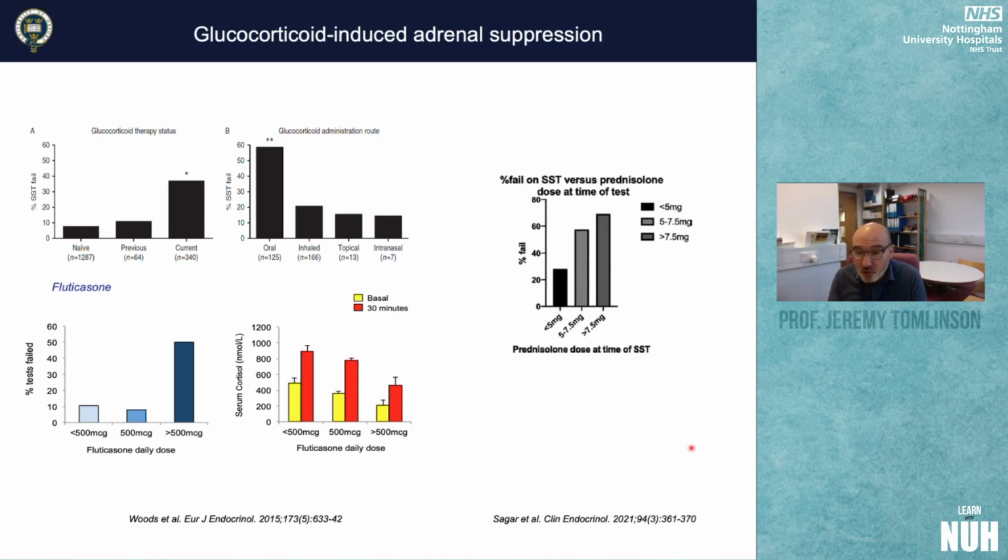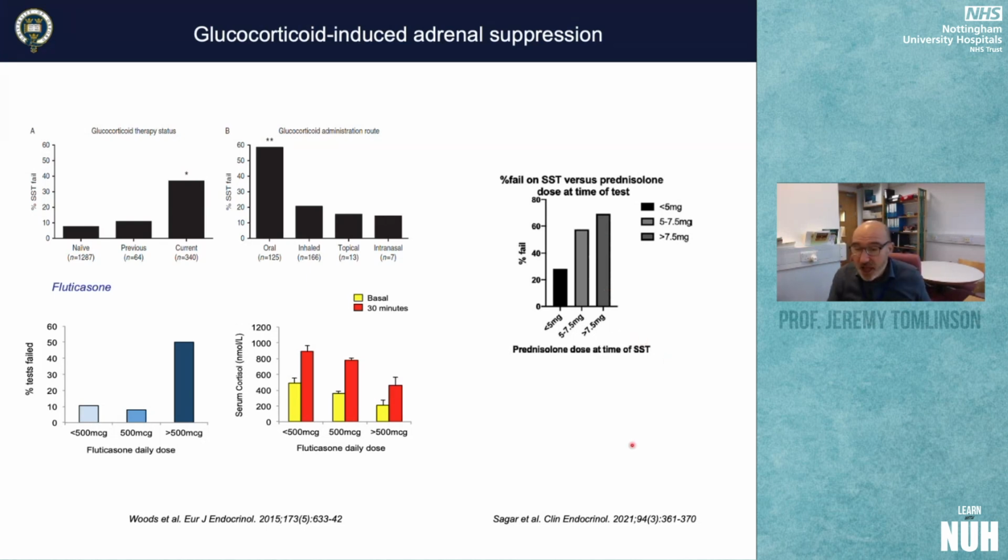What about oral prednisolone? Again, we used to think that if you're on 5 milligrams of prednisolone, that's a pretty safe dose, and we don't need to worry about adrenal insufficiency. I'm not entirely sure that's the case. This is again data from Leeds, with patients on increasing doses of prednisolone: 5 to 7.5 and over 7.5. Even at 5, or getting on for less than 5, 30% of people are failing a short Synacthen test. When you're at 7.5, 70 or 75% are failing the